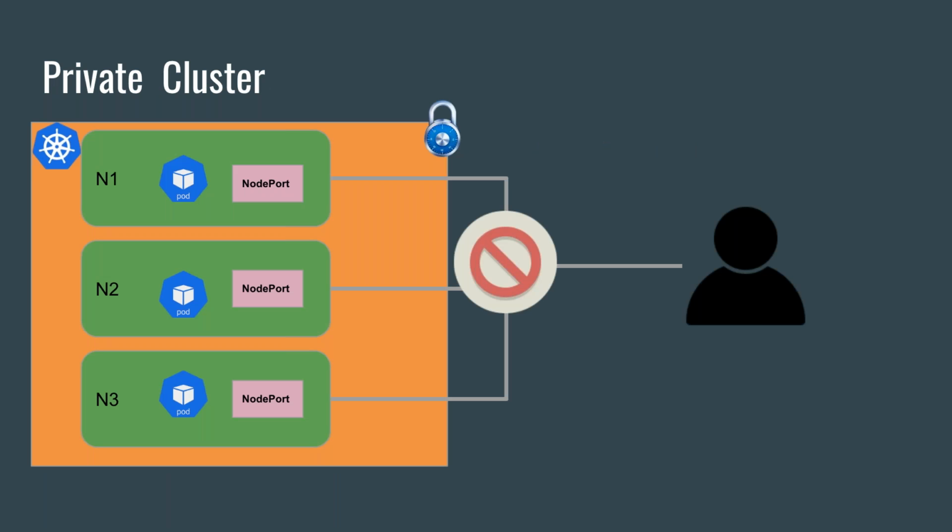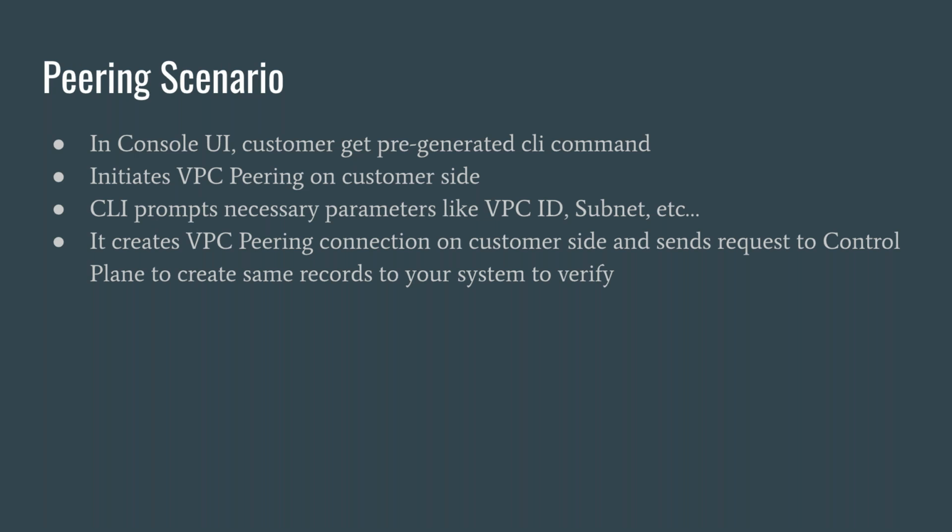We are talking about service discovery, connecting to them, but what about the private clusters? Even if you store a private IP address, you cannot just connect to them because they are totally closed to the outside. In order to succeed on this, you can just use peering, right?